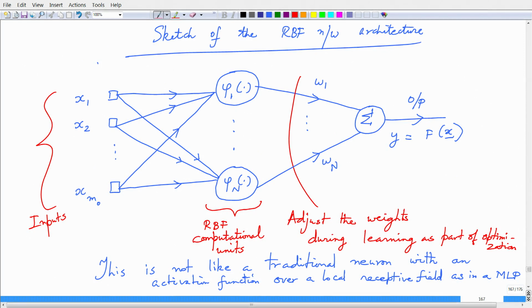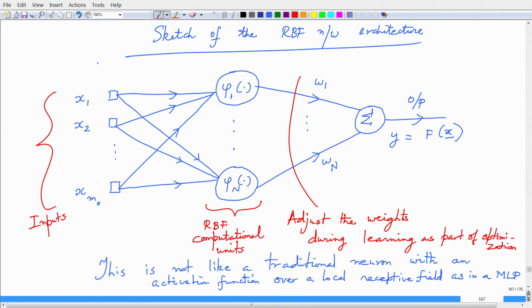Now, the hidden nodes and the output are combined using a set of weights, and we denote them W 1 through W n, connecting the first node through the nth node of the hidden layer. The nth node of the hidden layer is connected to the output via W suffix n, and the first node is connected via W 1, and so on, and at the output we form a linear combination of this.